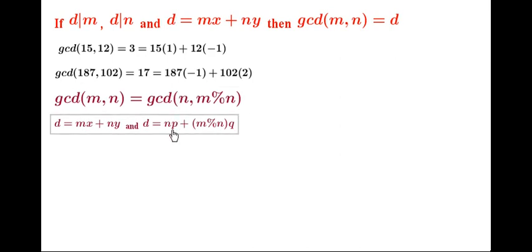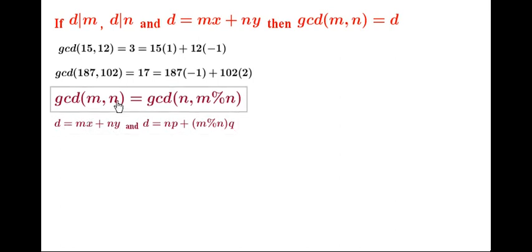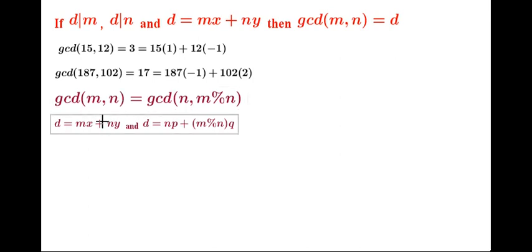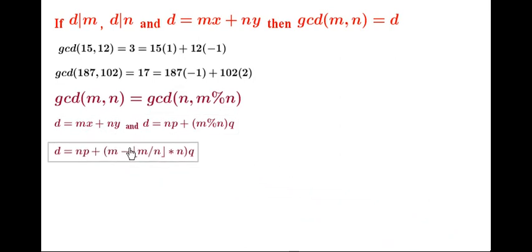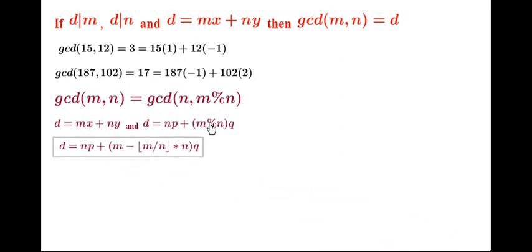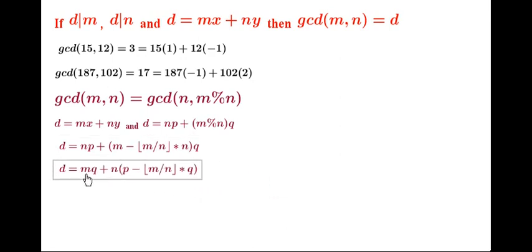So now what is our objective? Our ultimate objective is to compute D as well as x and y. So D can be computed using this particular equation, but now what about x and y? x and y are definitely dependent upon p and q. Let's see how. Now if I am focusing on the second equation only, and I have just simplified it. So instead of m modulo n, I have written m minus floor of m divided by n into n. So this is nothing but a simplification of this equation. Now if I further simplify this, then I will get this.